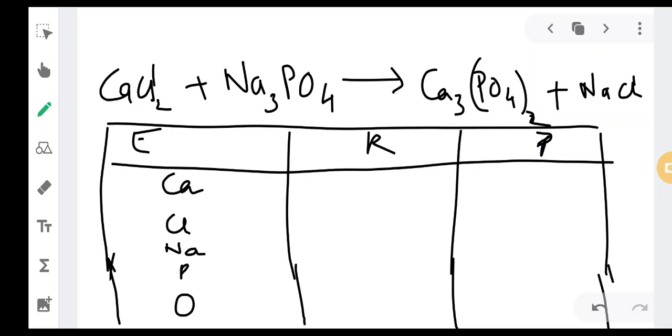Okay, so now we will see how to balance one more type of chemical equation. You need to find out which elements are present in the equation. There are generally 5 elements in this equation. One is calcium, one is chlorine, one is sodium, one is phosphorus, and one is oxygen. How many atoms of Ca or calcium are there on the left hand side? It is 1, whereas on the right hand side the number of calcium is 3. Chlorine is 2 in numbers on the left hand side, and on the right hand side it is 1.